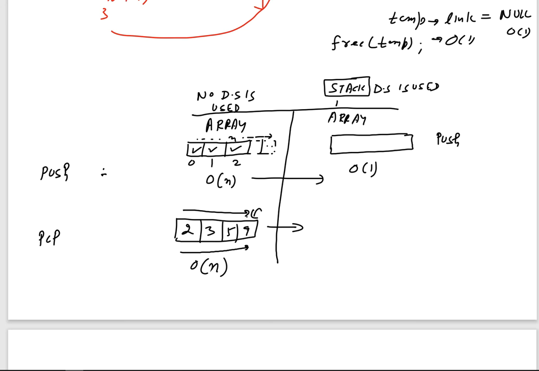But if I use the stack as a data structure and perform this particular pop operation, then we have calculated that the time complexity is order of 1. Again, we have saved a lot of time. This is n time, this is 1 time. Now this is the advantage. Now if we compare this case with the linked list also,